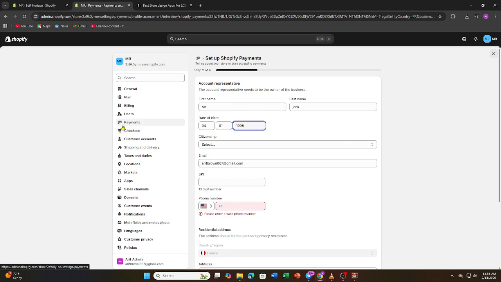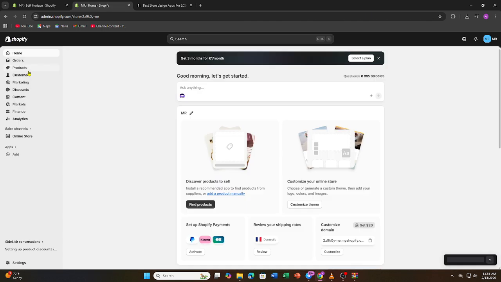And yeah, that's it. Setting up Shopify payment gateways correctly ensures smooth transactions, builds trust with customers, and helps your